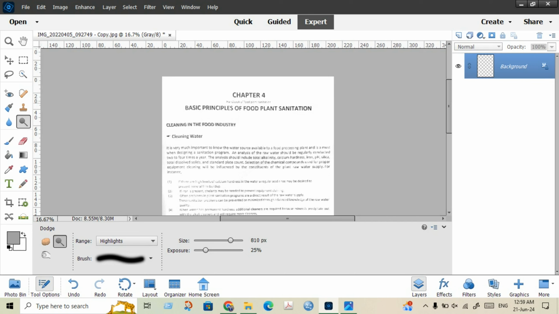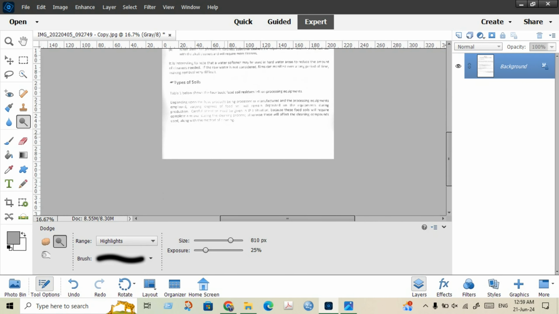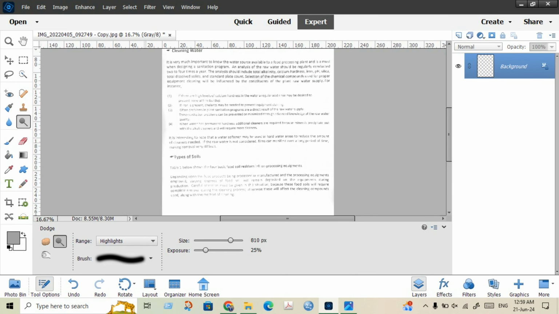You can see that this document will be clear white, but you can see that the font of this document